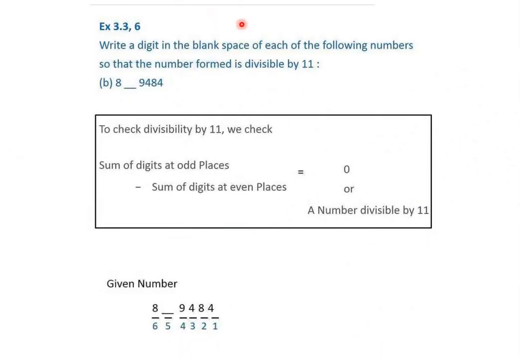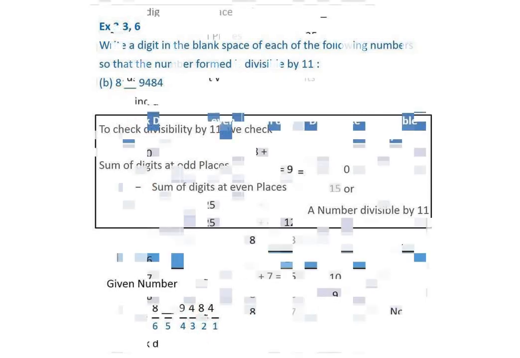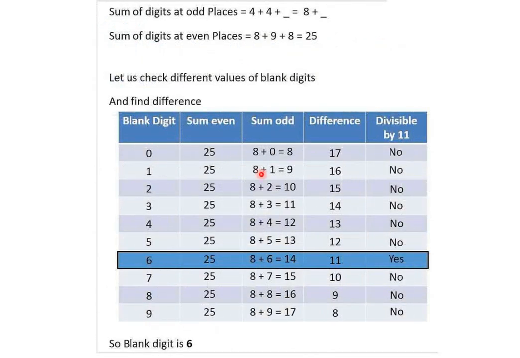Again, the test of divisibility by 11, and we need to find the blank space. Addition of odd numbers and even numbers differently will be done. That means odd places digits and even places digits. So here the odd places digit is having one blank, and even places digits are full, and they are giving the total of 25, right? So written here 25 for even places. And for odd it will change because one blank space is there. So addition of 8 plus one blank space, and the blank space may have any digit from 0 to 9.